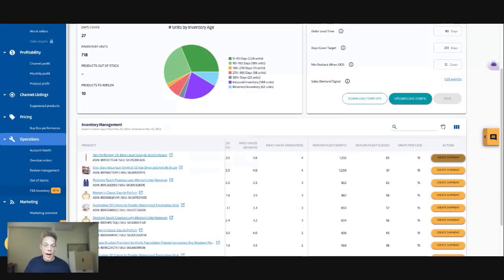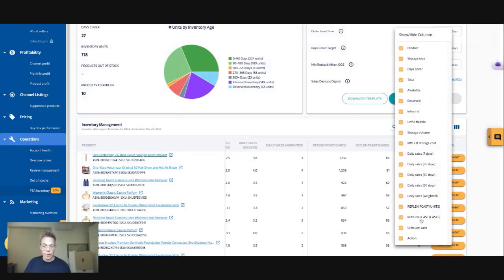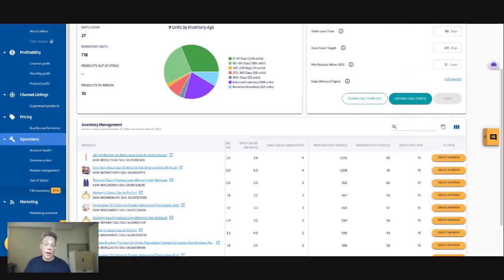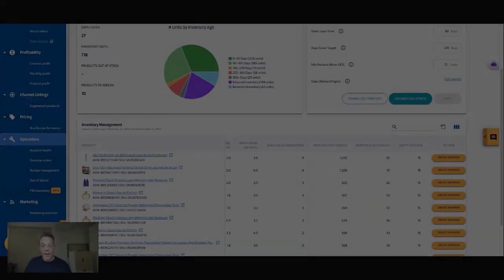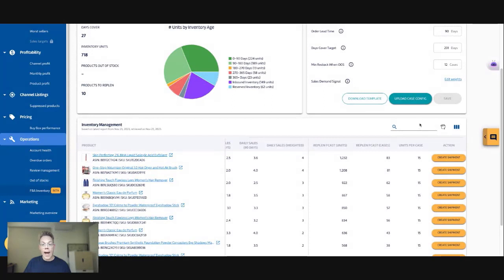Last but not least, we are adding to this functionality. So you may well find there's additional fields available here, such as, what is the date that I'm likely to run out of stock and the like. If you're not seeing the field that you're looking for, make sure you have a look at these columns as well. And last but not least, in case you're wondering, how do we configure this units per case? That's where these two buttons come in.